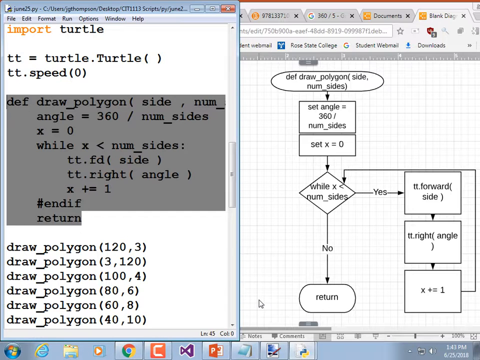While x is less than the number of sides, go forward, turn right, add 1 to x. And then it comes back up here and it checks that again, just like that line coming up there. It keeps repeating that as long as the while is true. When the while is no longer true, then it falls down here. So anytime you have a while, you're going to have 2 lines going away from it. One line goes to the chunk of code that you want it to do, and then the other line is